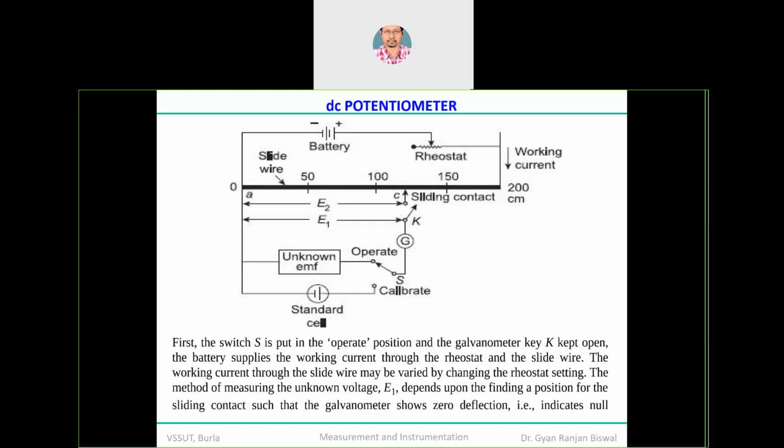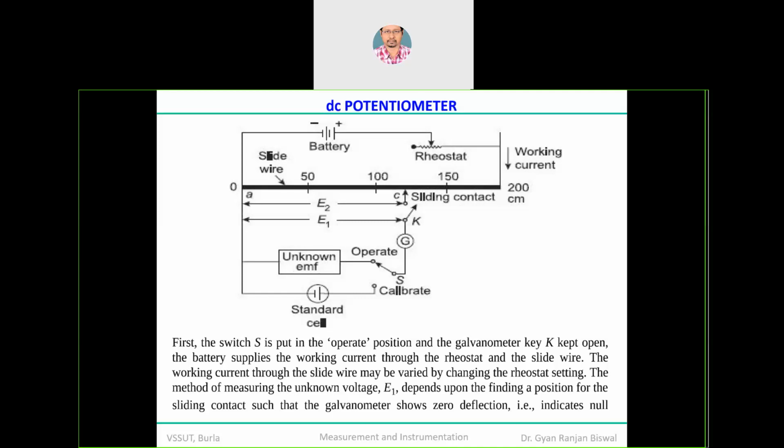And another thing is the standard cell. The standard cell is basically used to calibrate the potentiometer before using it, so that it can give you a high degree of accuracy. The purpose of the rheostat is already known to you. It's a variable resistance, nothing else. And the battery, or supply source, whose source voltage is already known to you. In this arrangement, first we connect the switch to the calibrate mode. Using the standard cell, we try to achieve the null balance condition and set the parameter value at 0, so that there should not be any influence of the external environment as well as the source voltage.